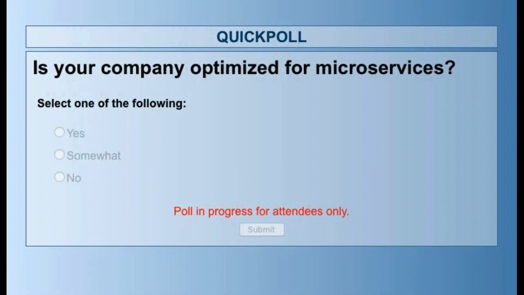And the somewhat would be, okay, maybe you have smaller teams in your Agile-ish. Maybe you have some DevOps, you're still kind of getting there, some automation, basic monitoring and analytics. So you've made some strides in a bunch of areas, but maybe you still feel like you have a ways to go. And then for no, I would say, if you've got large teams, you follow a waterfall process, maybe